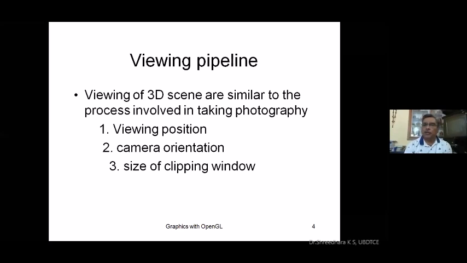We observed the look-at function two hours back: the eye position, object position, and the up direction of the camera make the orientation of the camera clear on your computer screen. And the size of the clipping window determines the portion of data captured. So this pipeline architecture helps in observing your data on the computer screen.